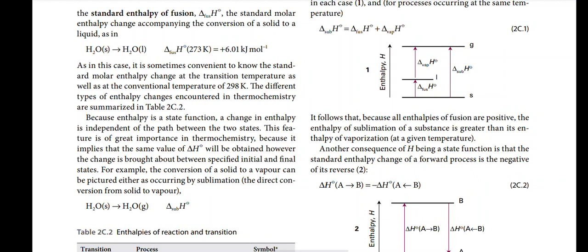Because enthalpy is a state function, a change in enthalpy is independent of the path between the two states. This feature is of great importance in thermochemistry because it implies that the same value of delta H naught will be obtained however the change is brought about between specified initial and final states. For example, the conversion of a solid to a vapor can be pictured either as occurring by sublimation, the direct conversion from solid to vapor, H2O solid changes into H2O gas,